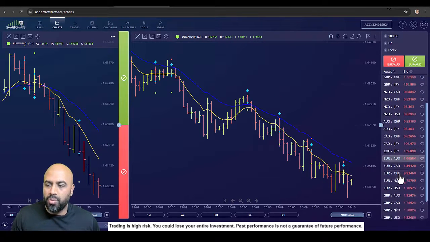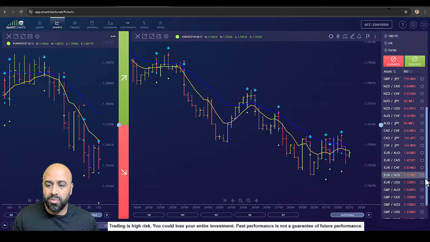We also were trading Euro New Zealand as well. So in this instance, we had the same thing: phase 1, phase 2, phase 1, phase 2, on what Smart Charts is finding as well. And of course, what we want to do is combine the power of algorithmic technology, AI technology, with human pattern recognition insights, the combination of leading and lagging tools, which leads to high probability trading opportunities.